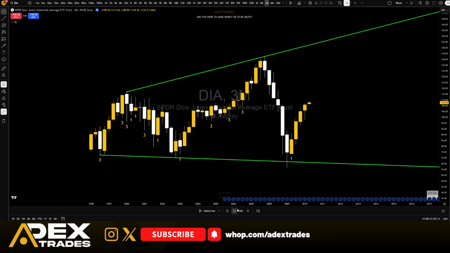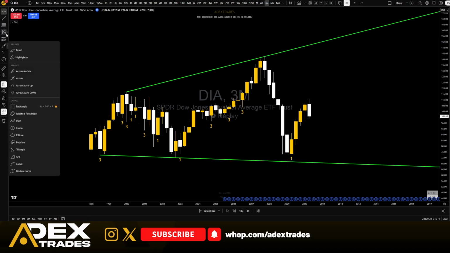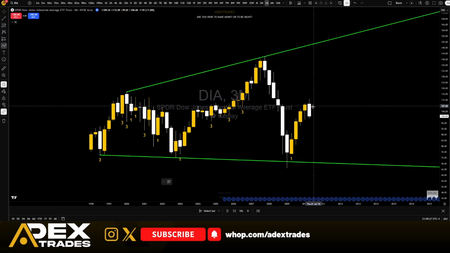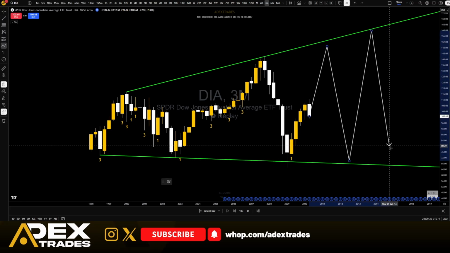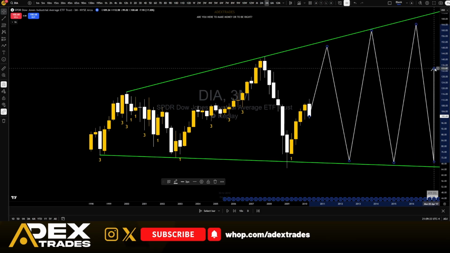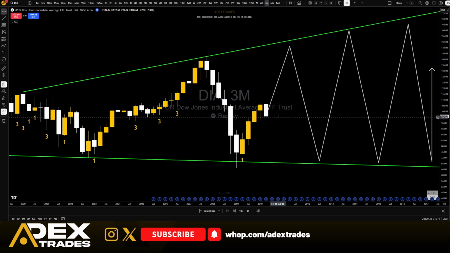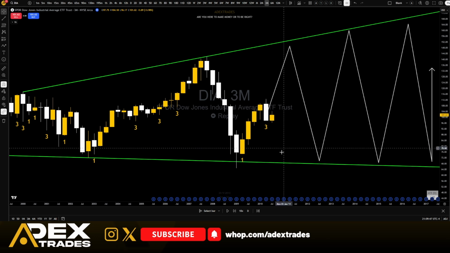And so now on DIA, we can see that it's going back up and it is expanding back through the range. With magnitude, you're not saying that this is going to happen. You're essentially saying that based off this broadening formation that we're trading in, price can go here, here, here, anywhere here. And of course, we look for actionable signals that could potentially tell us the direction of where the broadening formation is going to go. Hopefully this makes sense so far. So that's expansion. This is the reason why we extend our broadening formation lines, because they give us insight into where price can potentially trade to in the future.